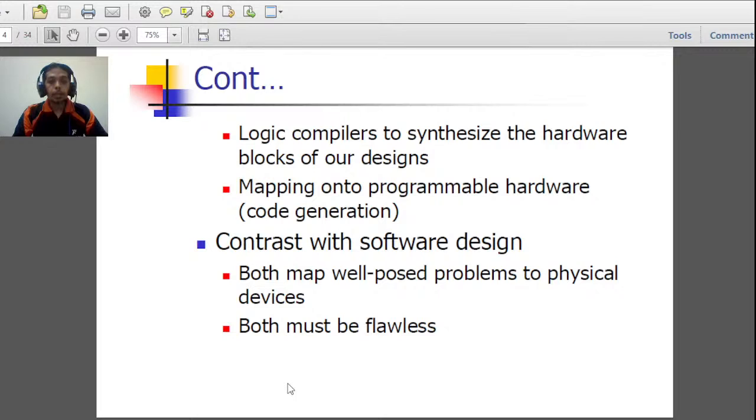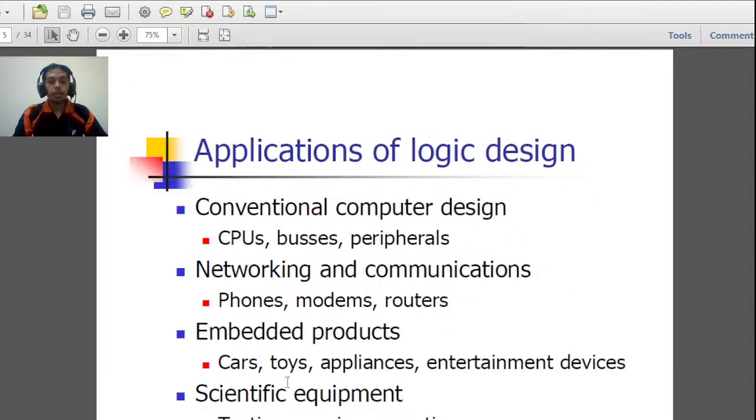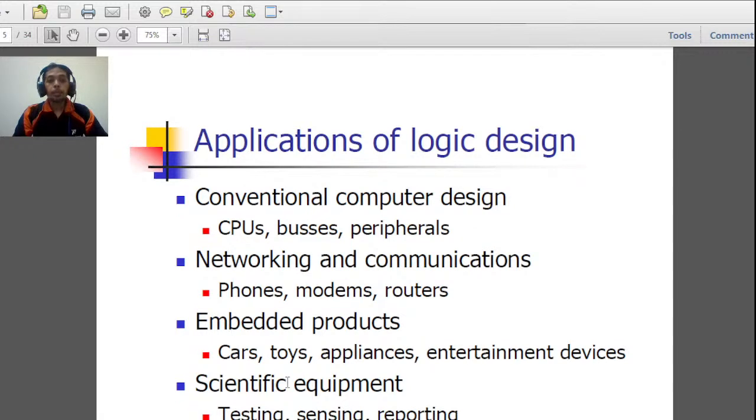Other than that, for software design, maybe it needs to be flawless, no error lah, compared to physical device. For application of logic design,